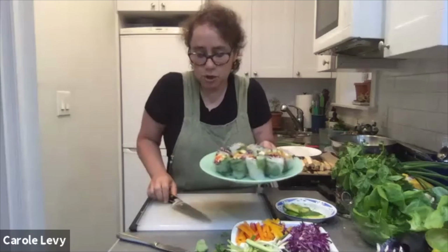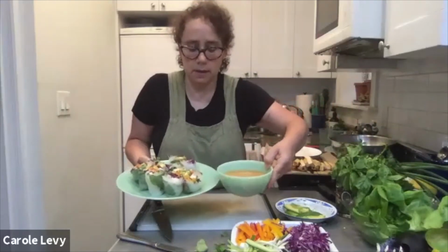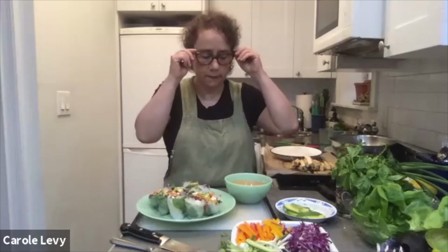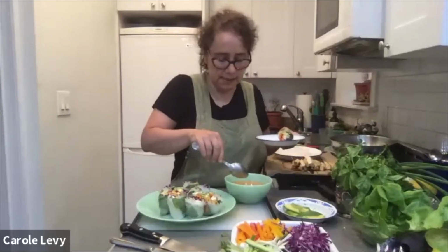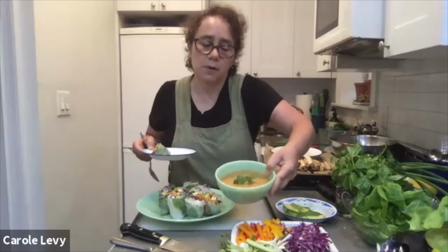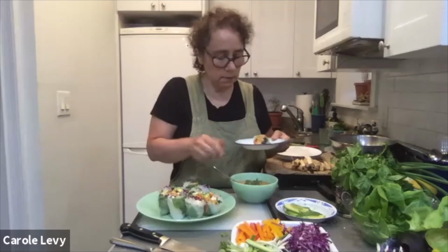And probably what I would do, I have the bowl that matches here, and this is the sauce, okay? And I would put it on the table, and I would probably serve this right next to this, and I would get a small plate. Everybody would have their small plates, and they would take their one thing like this, and I probably would get a spoon, and sometimes I would put a few little peanuts on top of the sauce to make it look nice, and maybe I would put a little bit of cilantro as decoration so that it looked like this. Okay, and then it's nice to have the sauce, and you just pour it on, okay, and then you're ready to eat, and you're ready to bite in, and